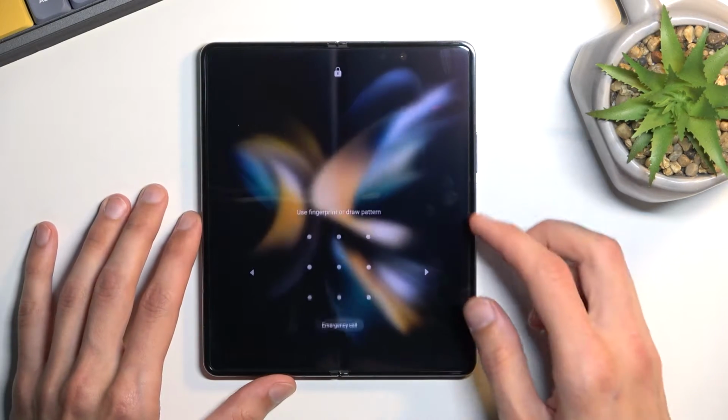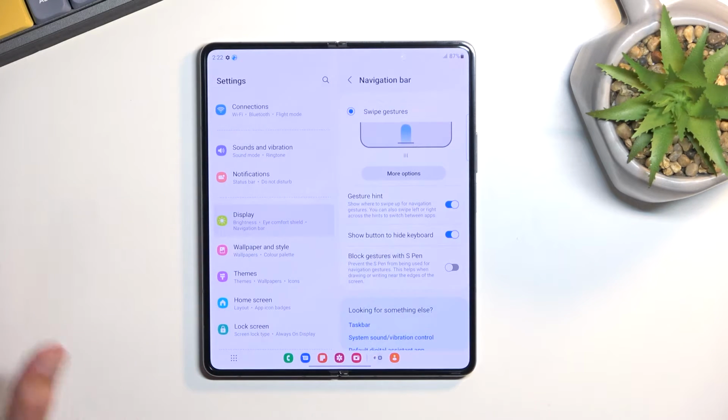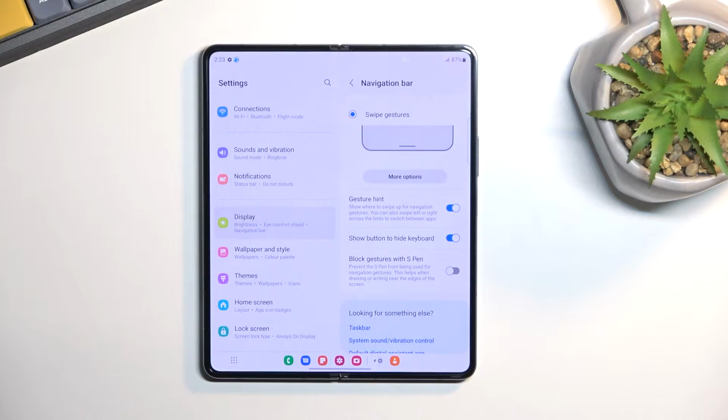So that is something to keep in mind when using the taskbar at the bottom, and maybe thinking about switching to something like Nova Launcher or some other launcher, which will result in you basically not being able to use the taskbar. Now moving on to the next one, this is going to be a little bit more of a battery